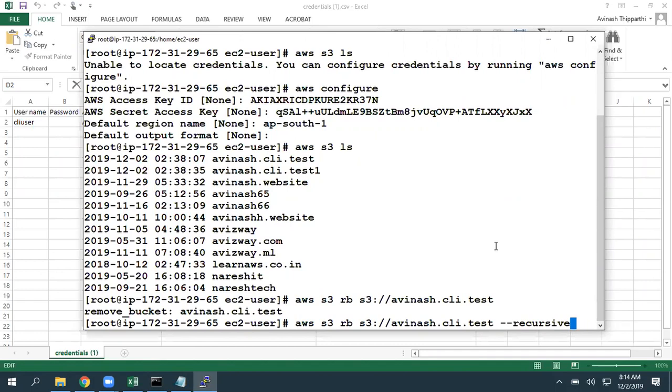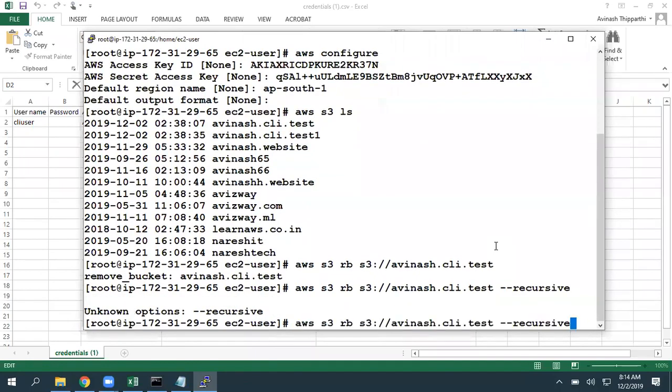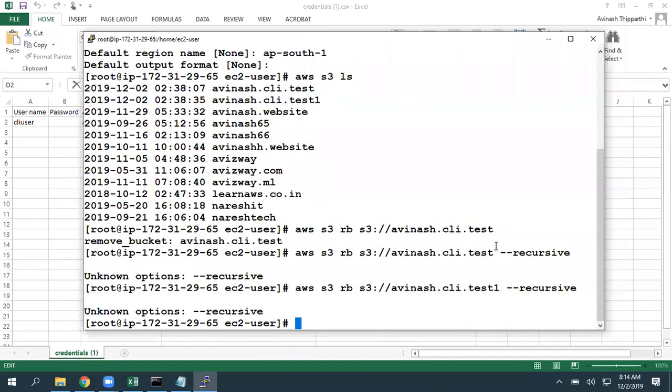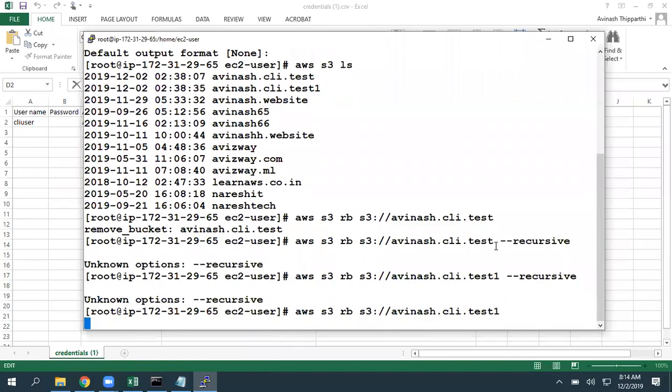If you have a nested file structure, like a folder inside a folder, it may not allow you to upload along with that file structure when you are trying to upload over CLI tools. In that case also you can use the --recursive parameter. Then it will try to delete. Mainly whenever you are performing copy operations, it works for us.